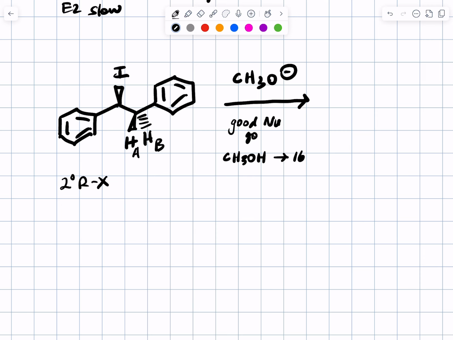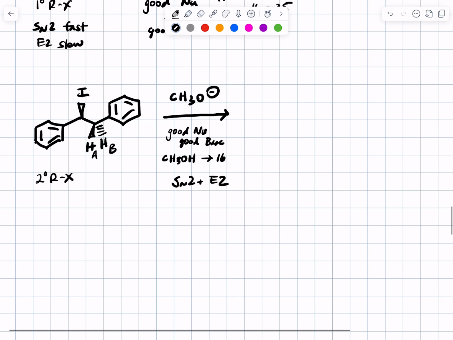This is both a good nucleophile and a good base. So in this situation, we expect to get both SN2 and E2 products. So you're simply going to draw them both, and on an exam you would select the correct SN2 and E2